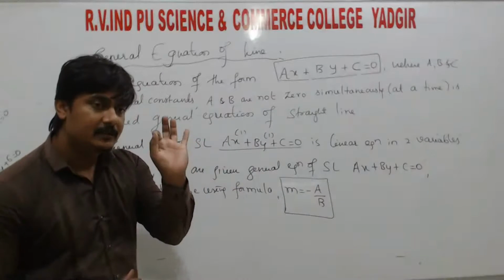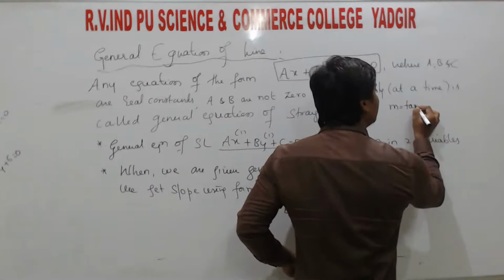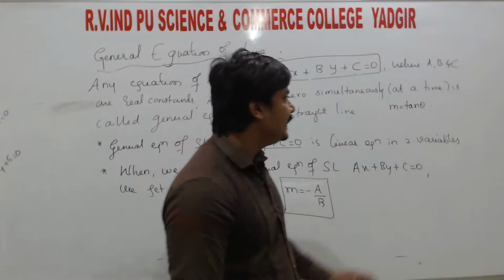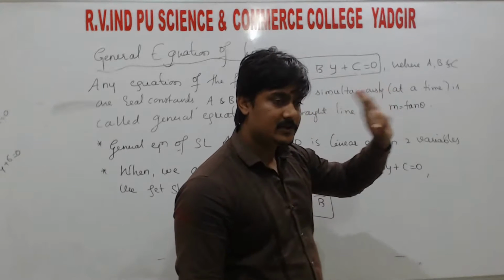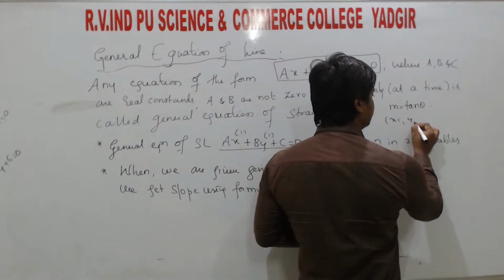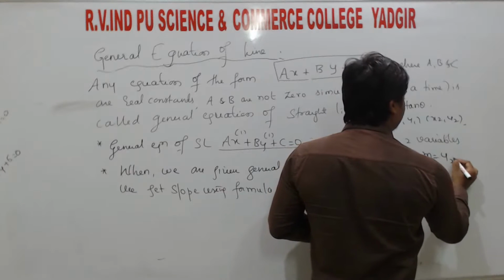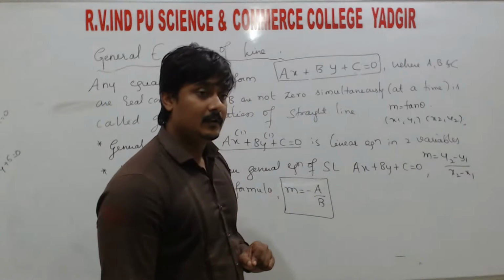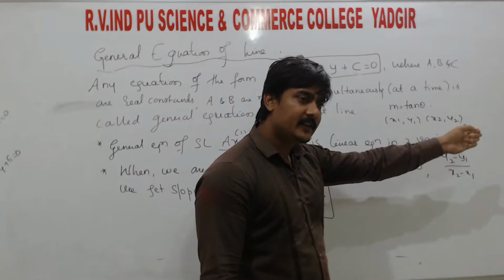When inclination made by the line is given, m ಹೆಂಗೆ ಹಿಡಿತೀವಿ? tan theta formula use ಮಾಡಿ. If theta means inclination, angle. When inclination is given, slope we used to find out by using the formula m equals to tan theta. If 2 points present on the line are given, we used to find out slope by using the formula m equals to y2 minus y1 divided by x2 minus x1. So suppose that you are not given inclination and you are not given 2 points present on the line,